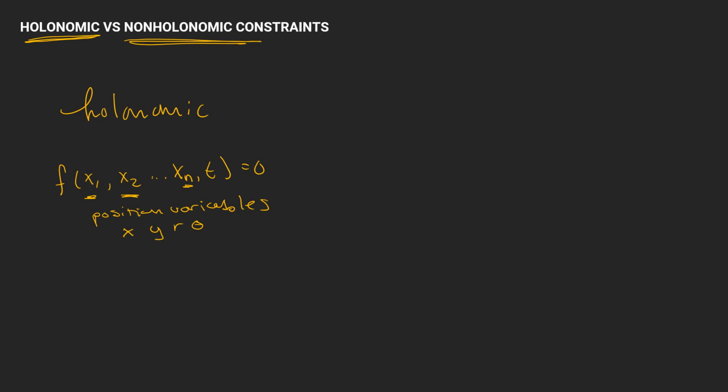And what's important is that none of these terms depend on velocities or any other higher order derivative with respect to time. And so we call a constraint that cannot be written in this form